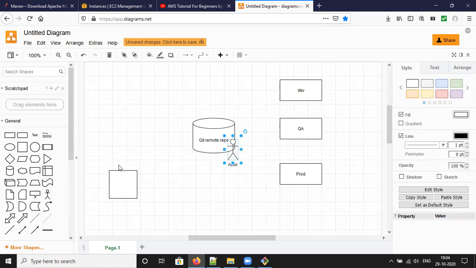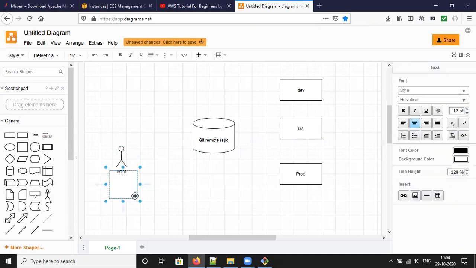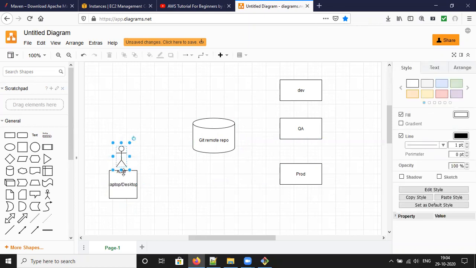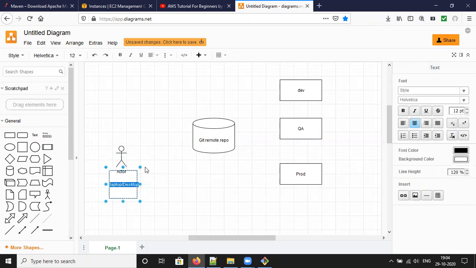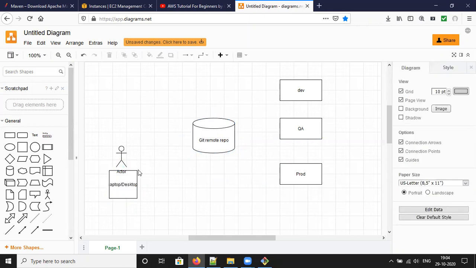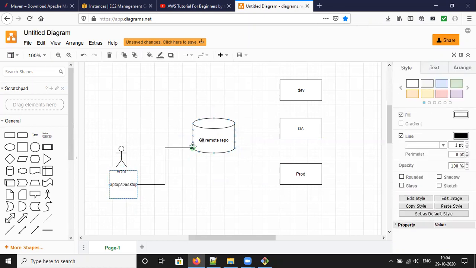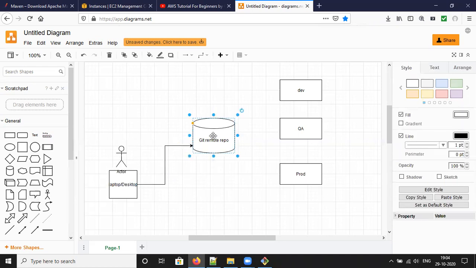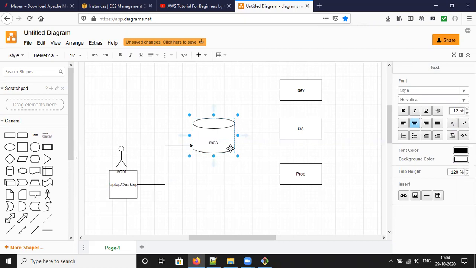Here is the user. The user is a laptop or desktop. We can commit these changes to the remote repository. That means we have the master branch, and also dev.